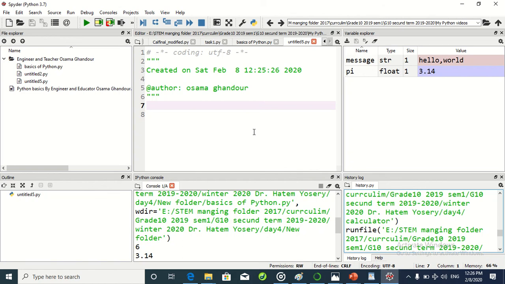Let us start a new program. It speaks about mathematical expressions and data types. So here initialize the variable x equals 3